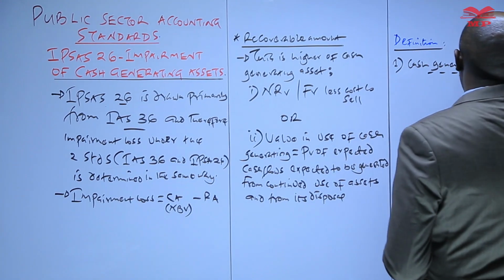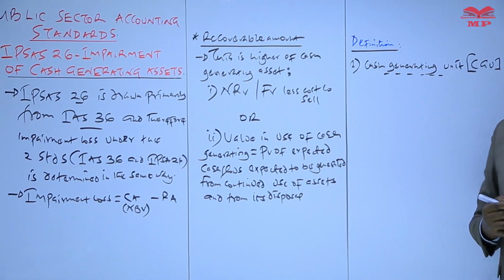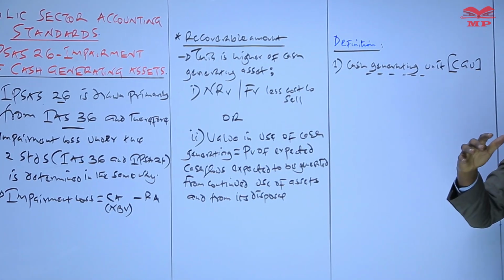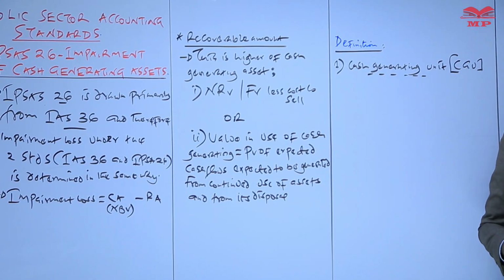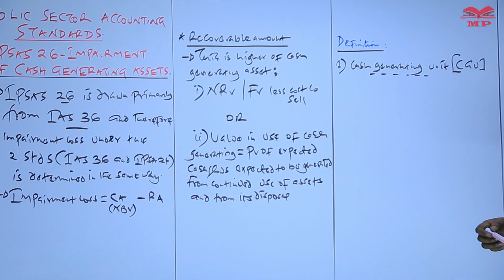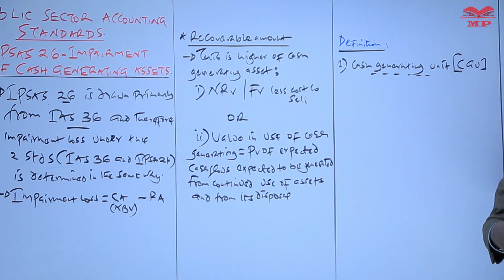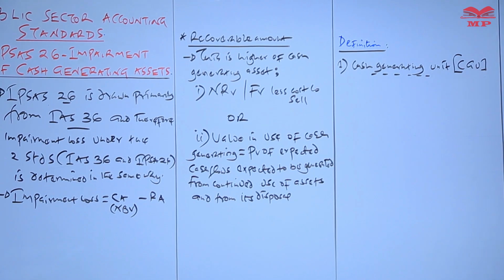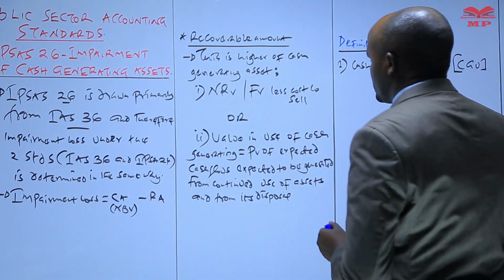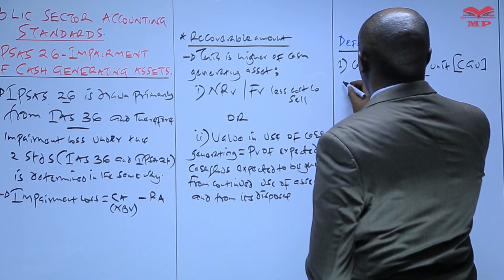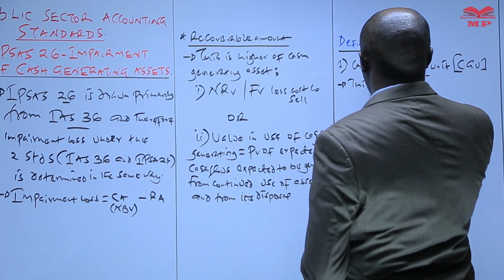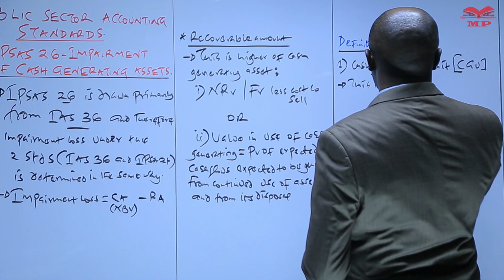So when we talk about the cash generating unit, basically we say this is a group of, or actually the smallest group of identifiable assets which are owned by an entity, or which are held by an entity with a primary objective of generating some cash flows, which are largely independent from cash flows generated by other assets. So therefore, we can say that this is the smallest